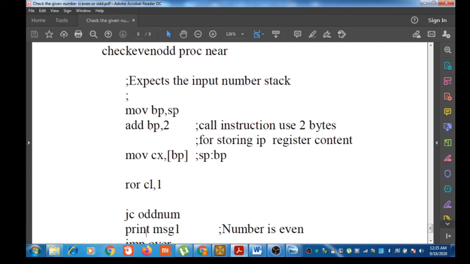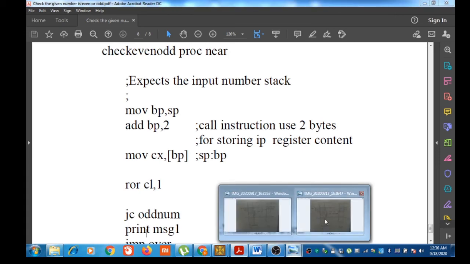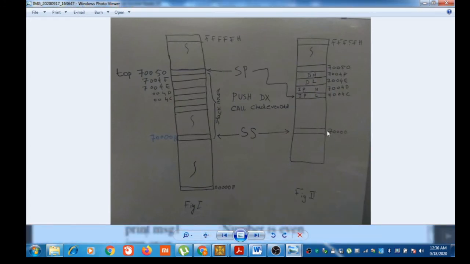So we are moving this SP content to BP. Now SP and BP point to the same location. Then we are incrementing BP by 2.